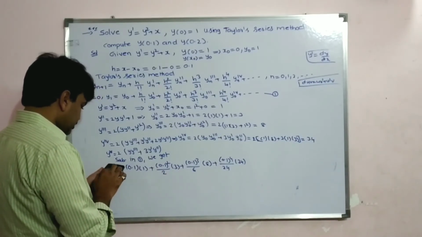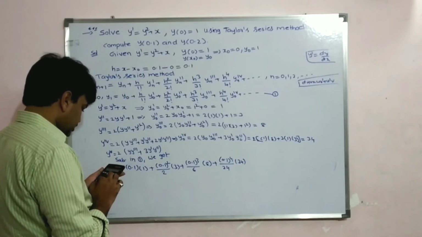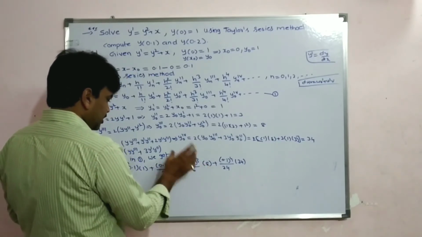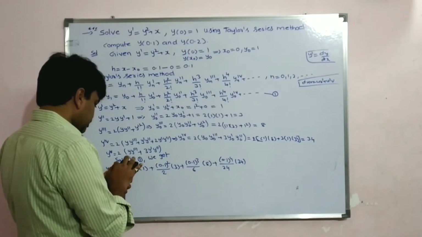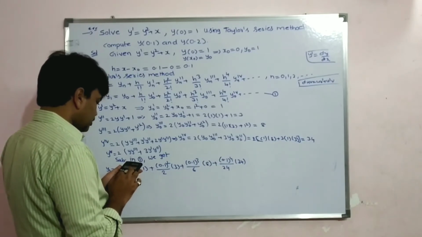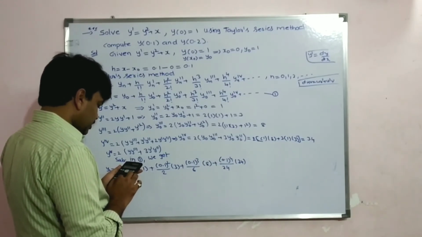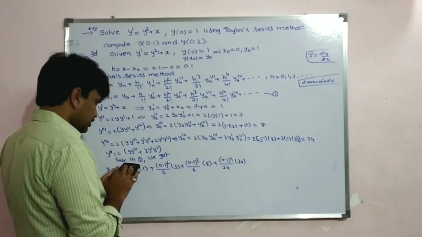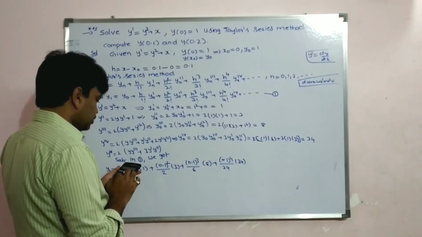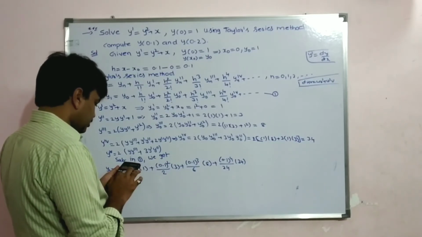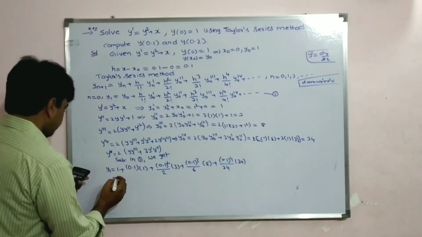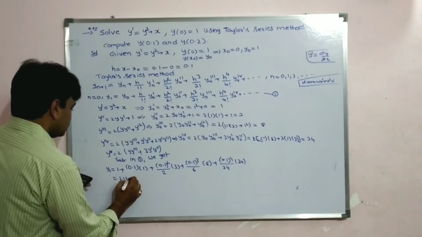So put bracket 0.1 x square, we get square into 3 bracket close divided by 2 students plus we write these two terms at a time students, so bracket 0.1 shift x cube students, then we get 0.1 cube into 8 bracket close divided by 6 students plus here also same, put bracket 0.1, this time we get cap 4 students, cap 4 into 34 bracket close divided by 24 is equal to, we get here 1.116 students,